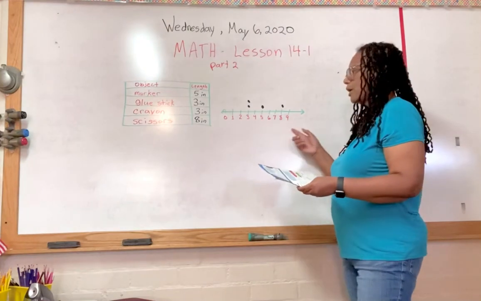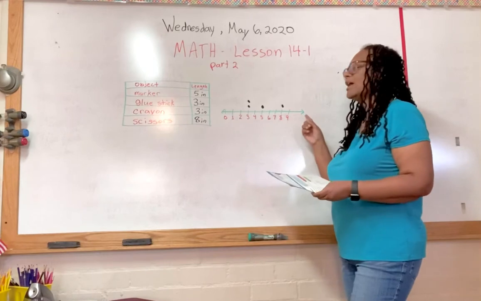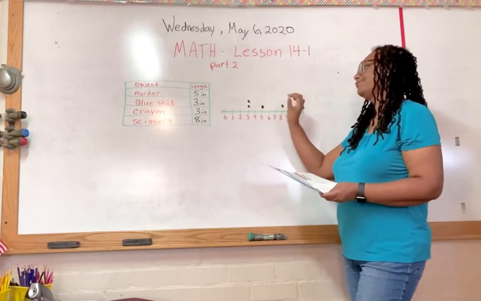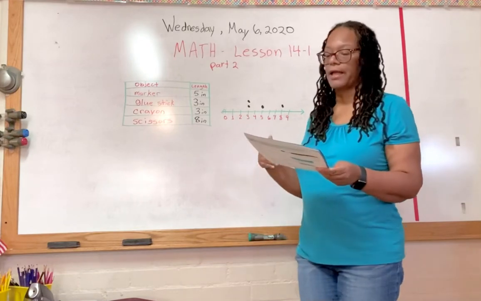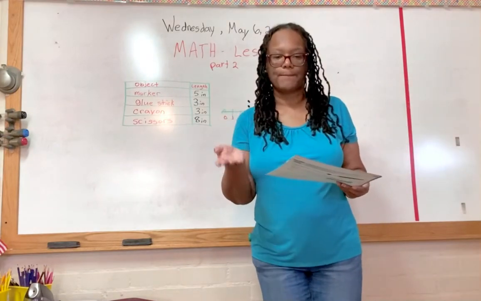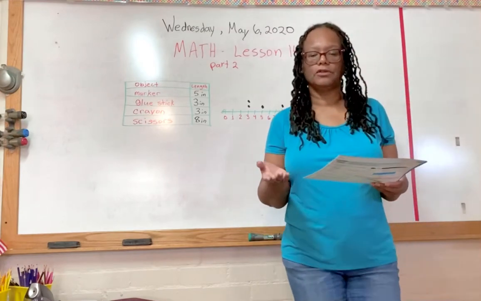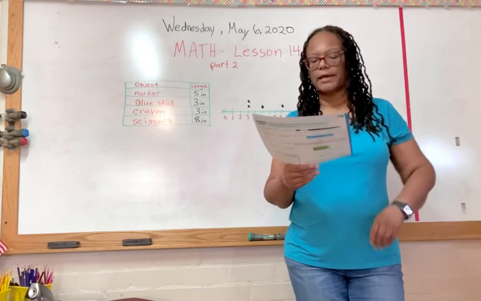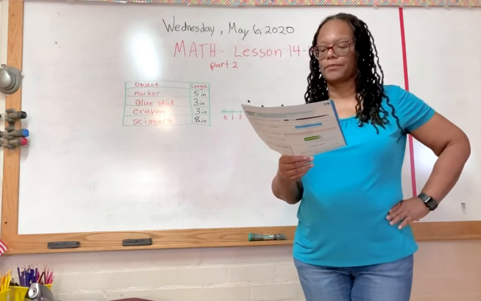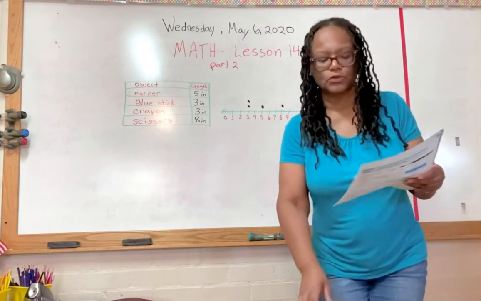So this is what we call a line plot, because we're using a number line and we plotted the dots on there. So it's called a line plot. Say that? A line plot. And you have a flashcard that you can use to study the definition. At the bottom, number 1 says, measure each object in inches. And so you need to measure